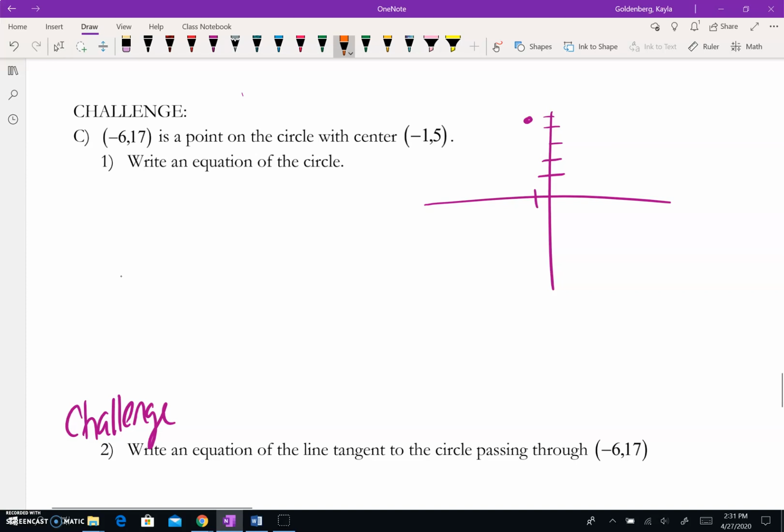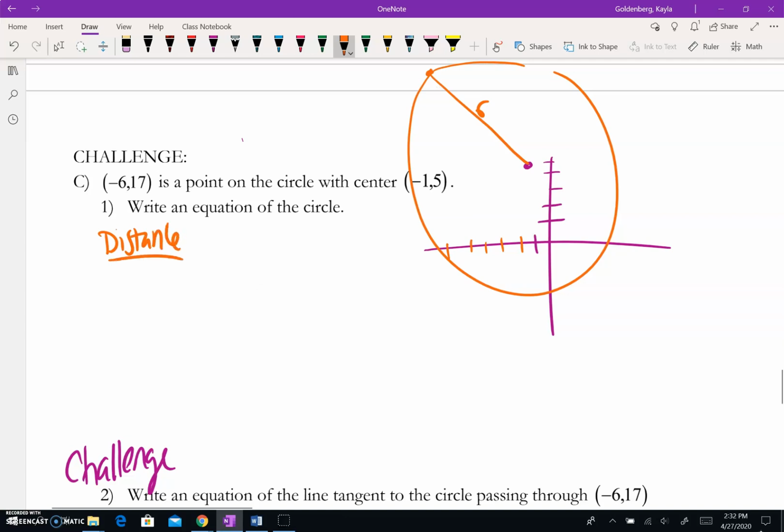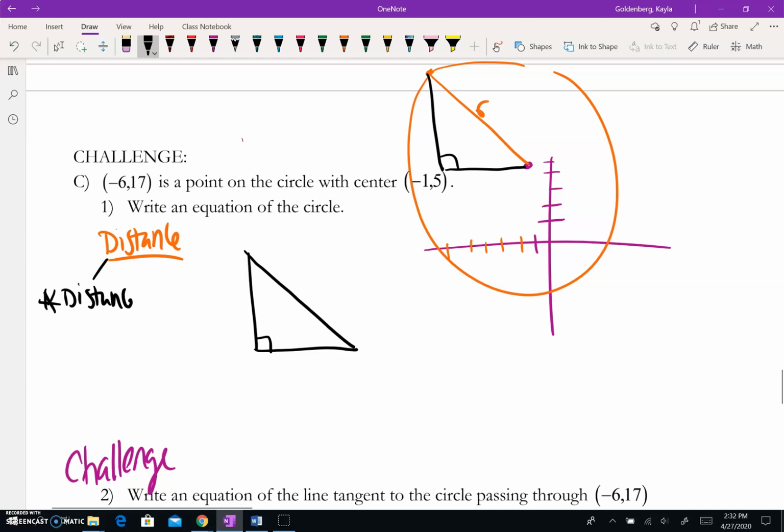This point, negative 6, so 1, 2, 3, 4, 5, 6, and up 17, so like way up here, is also on this circle, which means if I'm trying to envision my circle, I could figure out what my radius is by figuring out how far apart your 2 points are. So you kind of want to find that distance, right? Now, the really cool thing that connects to some of our old topics is we can use a right triangle and do Pythagorean theorem. You also could use your distance formula, but remember, just a key thing,